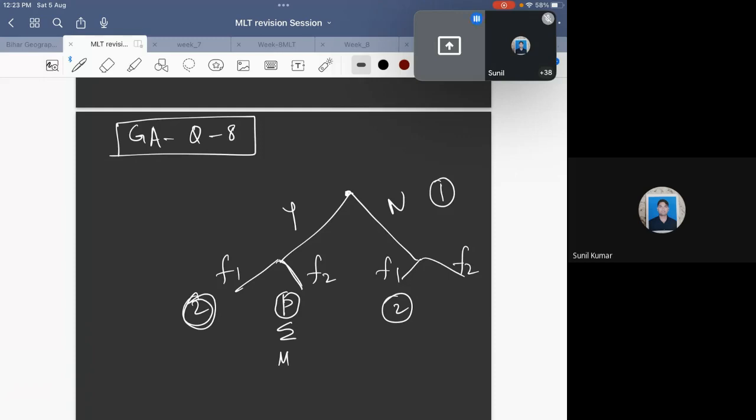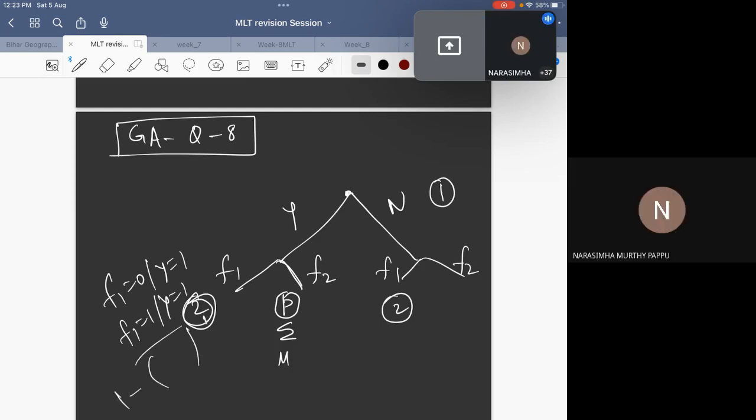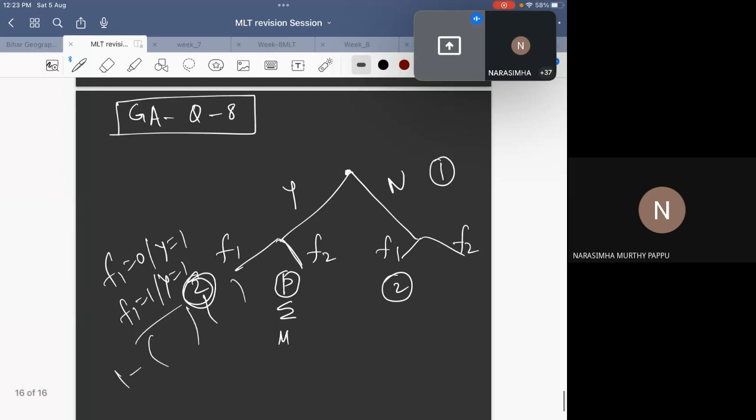Okay. I have one feature. Feature one can take three values. So we have some two parameters, and that is basically f1 equals 0 given y equals 1, and f1 equals 1 given y equals 1, and the other one can be done with the 1 minus subtraction of that. So 2 plus 2. So 1 I'm just taking for that case, and feature 2 is a numerical value, but I'll be needing